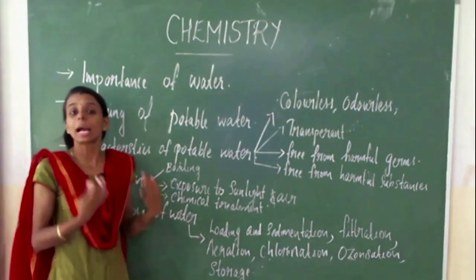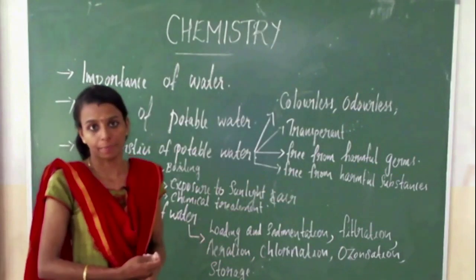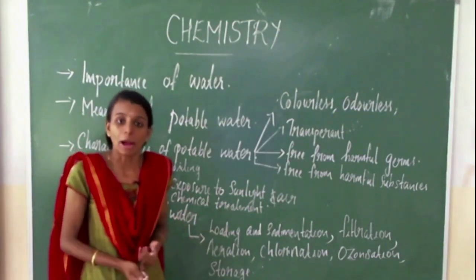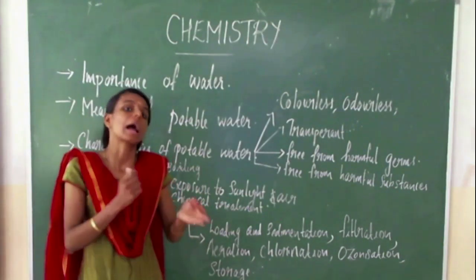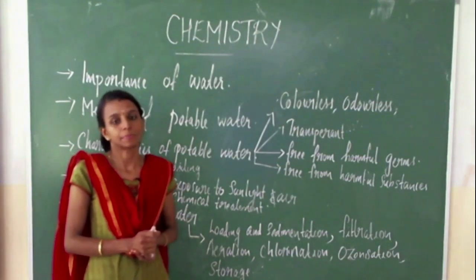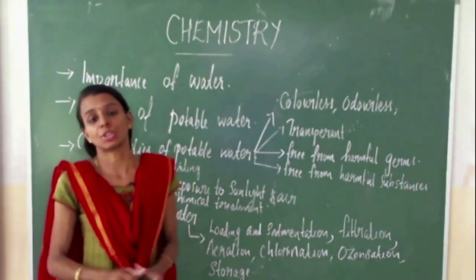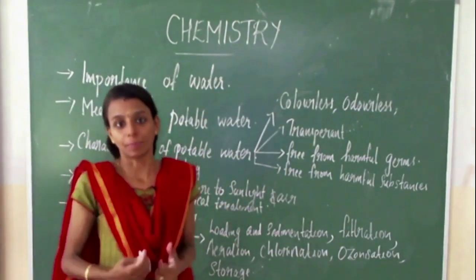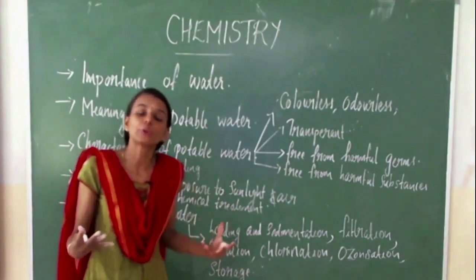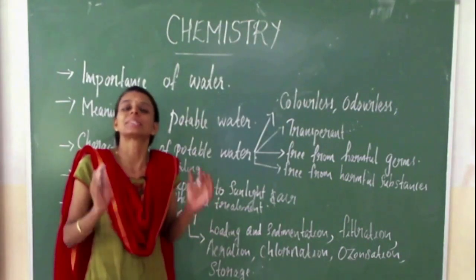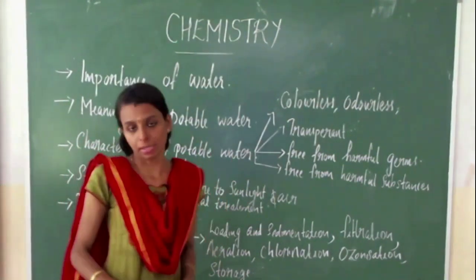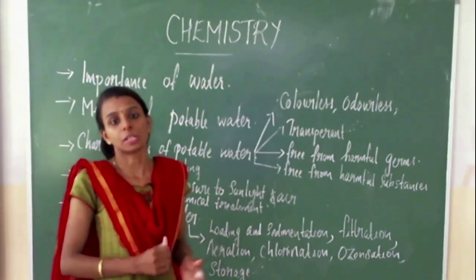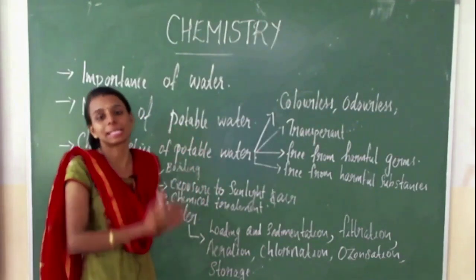Then we discuss the three household methods of purification of water. What are the three household methods? Yes, boiling, by using water purifiers, and by using chlorine. At last we discussed the term distillation. From that distillation process we will get distilled water. But this distilled water is not suitable for drinking purpose because it is tasteless and does not contain any minerals. This distilled water is used for laboratory purpose for preparing solutions. These are the main important topics we discuss in this class.